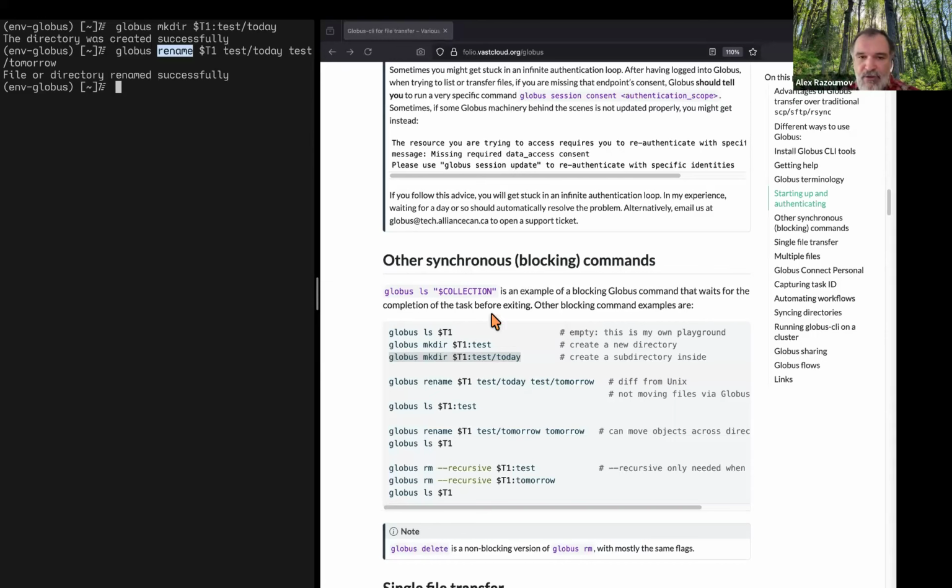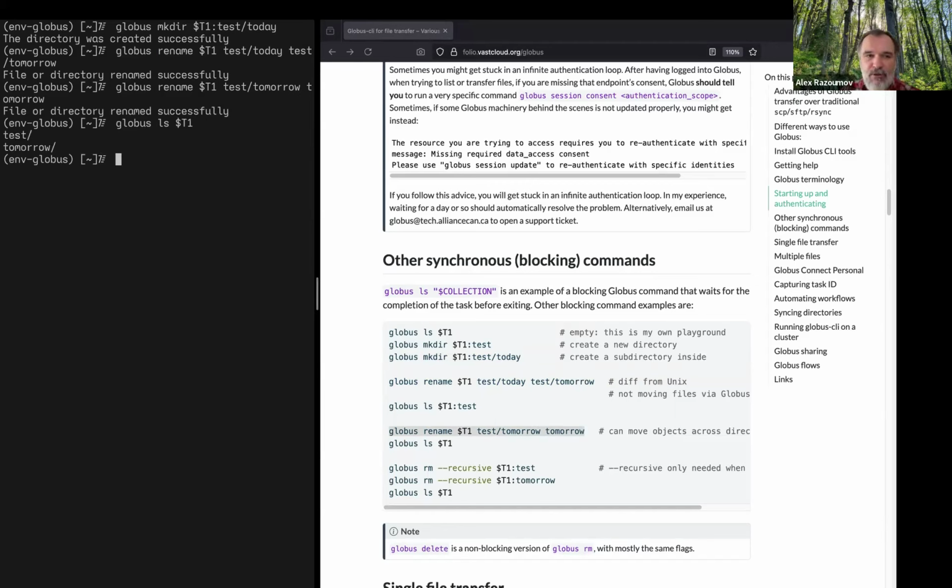So let's say I'm going to say Globus rename on the same T1 collection. I'm going to move the tomorrow directory from the test subdirectory at the high level into the parent directory, right? So now if I do Globus ls and then T1, you see that now there should be two subdirectories, test